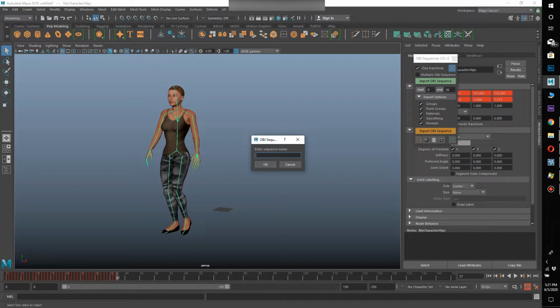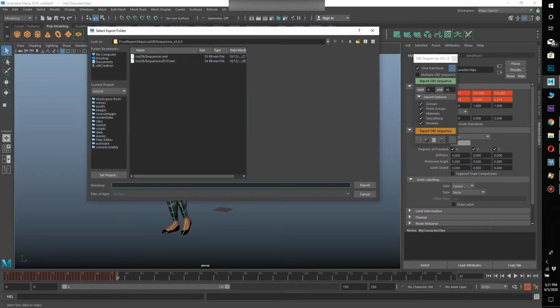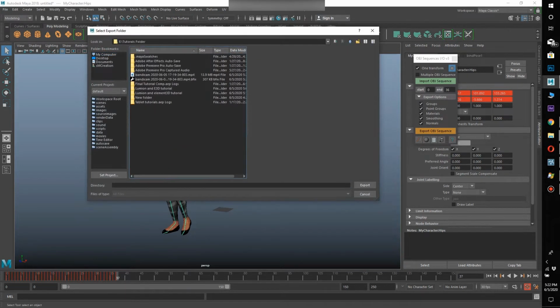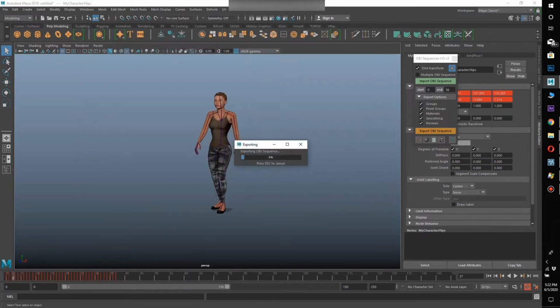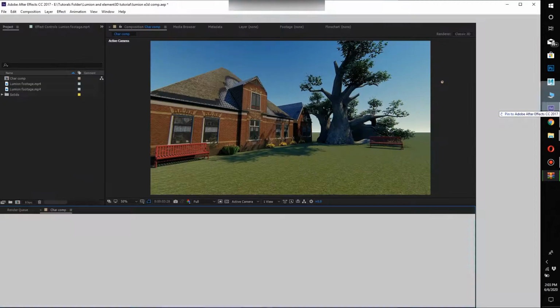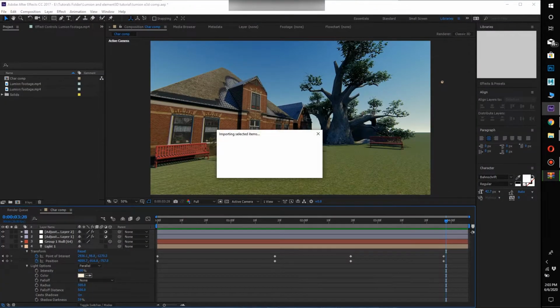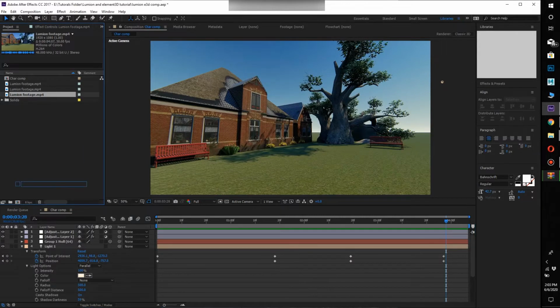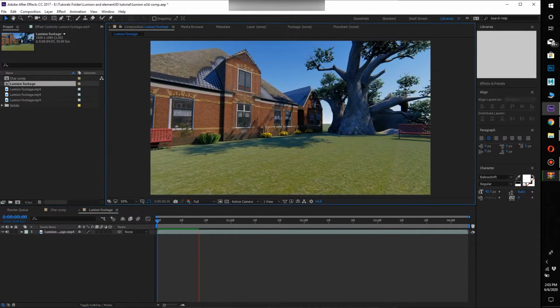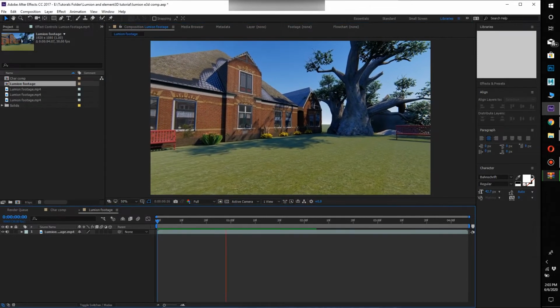So let me choose the path where I'm going to save it. Yeah, so we have the OBJ sequence of the model, but before that let's import our footage into After Effects